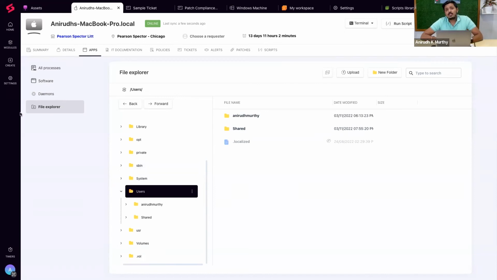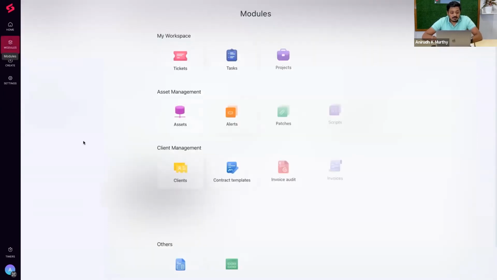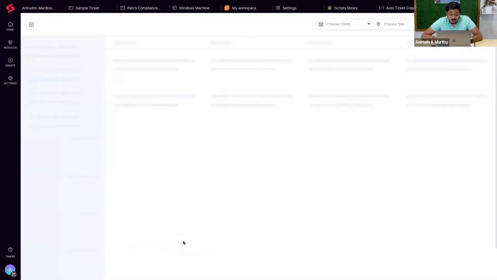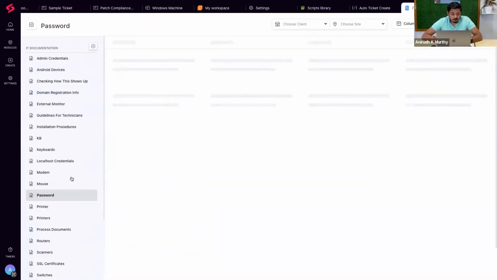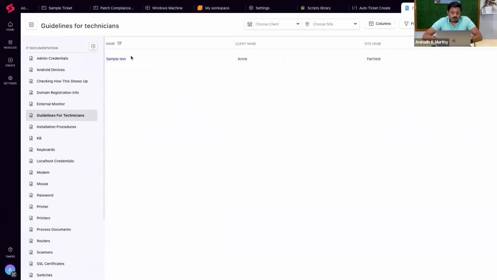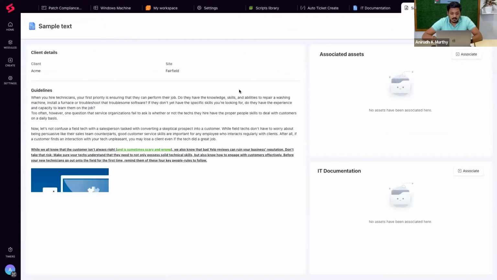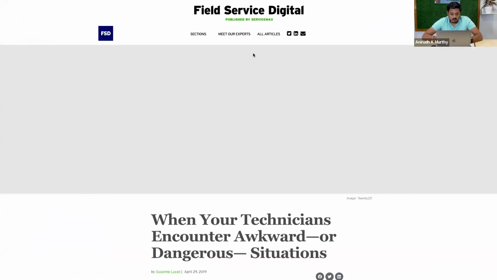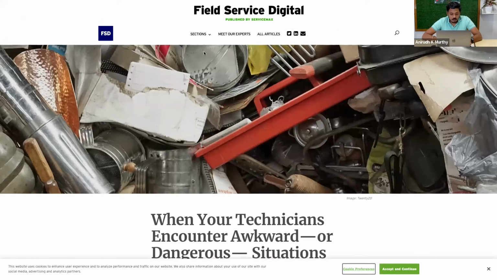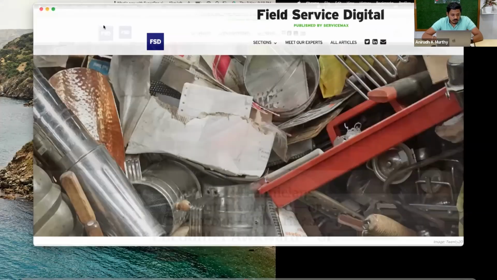And coming to the IT documentation piece, right? There too, we have been working hard to ensure that the IT documentation module's depth keeps up with the usage on the PSA and the RMM side of things, right? So a couple of decent enhancements that we have done over the last quarter is that you now have a rich text editor that you can actually use. Say, for example, I've created a document, and now I'll be able to use all the